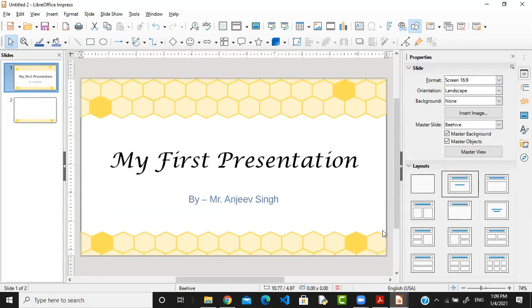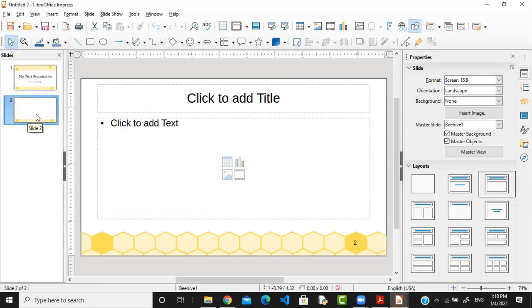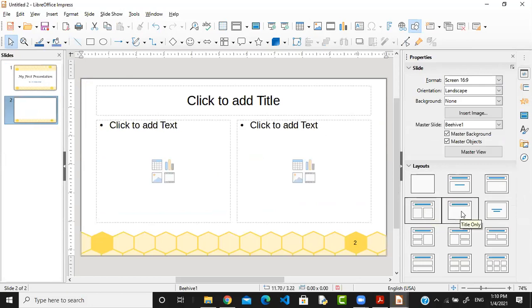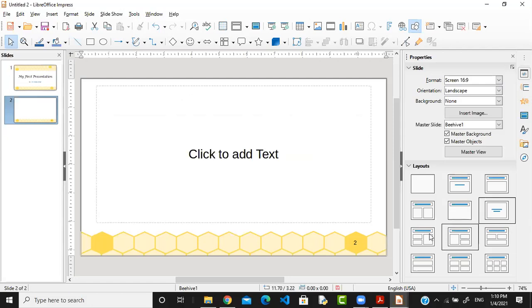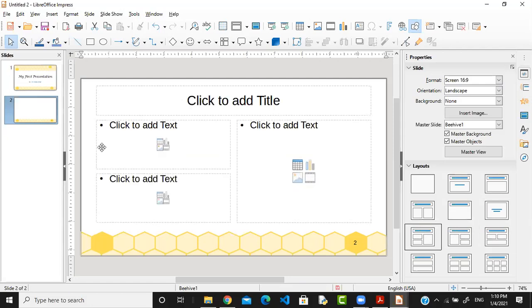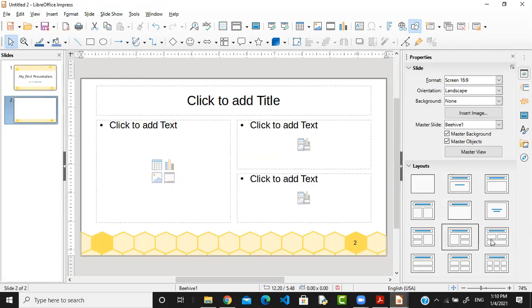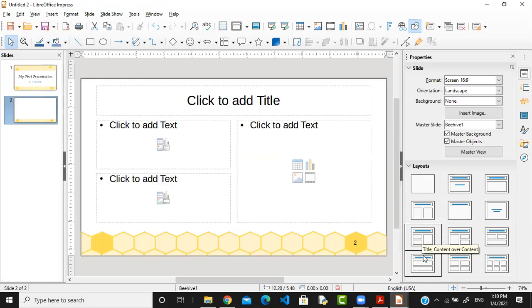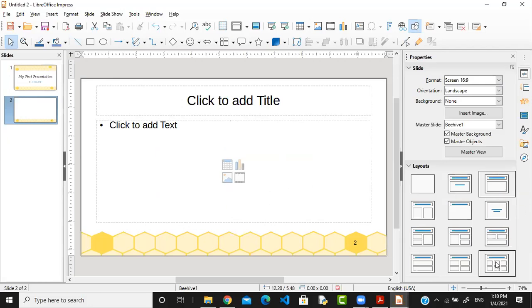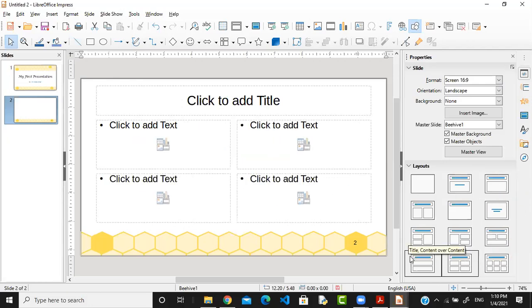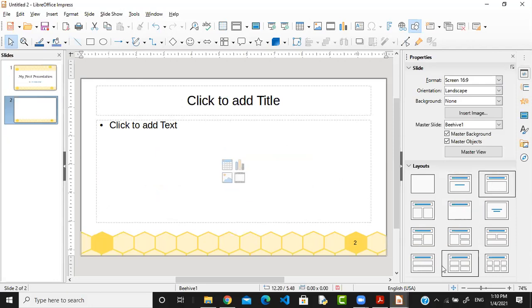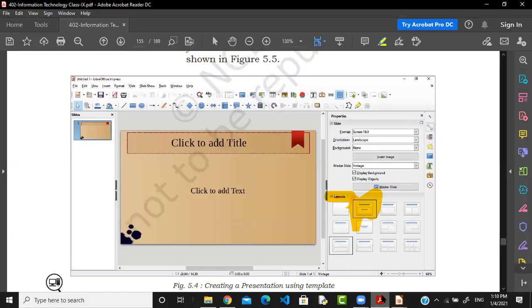The first slide of any template is the title slide, and the second slide of any template is the title and content. It is just like this. But if you want to customize it, if I don't want this layout, then I simply click at this. Look at this, the layout gets changed. I click at this, the layout gets changed. I click at this, the layout gets changed. Just by clicking on the layout, it's going to change. So this way we can change the layout also. Different types of layouts are there, so we have to select the layout in this way.